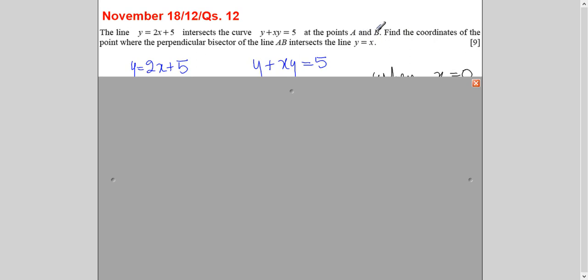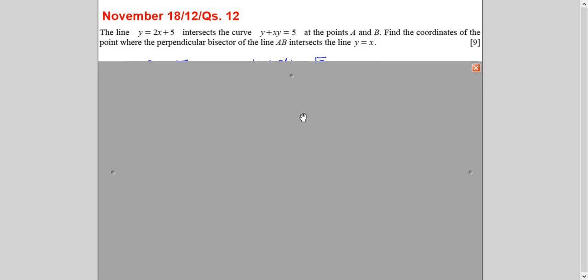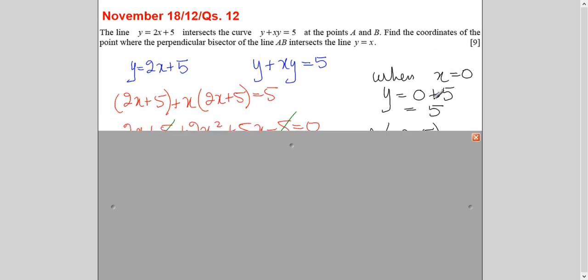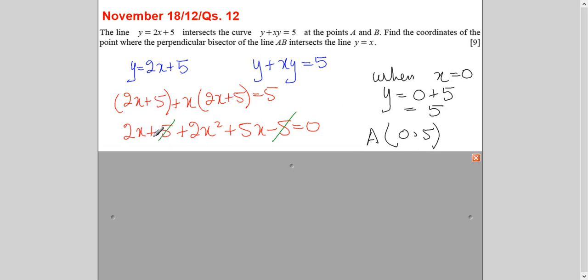Let's find out the coordinates of A and B by solving the line and the curve equation simultaneously. So I have written the equation of line and curve, and this value of y I will substitute here, and then I will solve it. So this value of y I have plugged in here. You can see plus x, and again here I have plugged in the value. This we will see a little later, so at the moment you can ignore it. Just focus on this red color here, left hand side writing. So after that you open it, you get